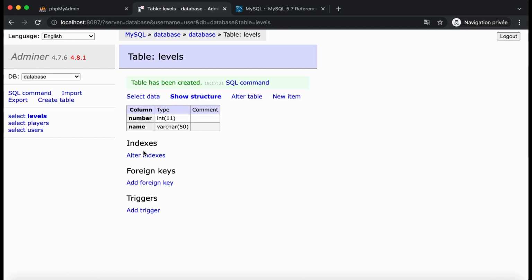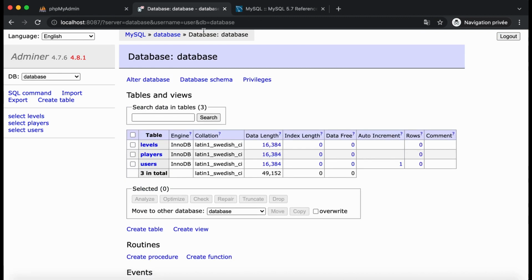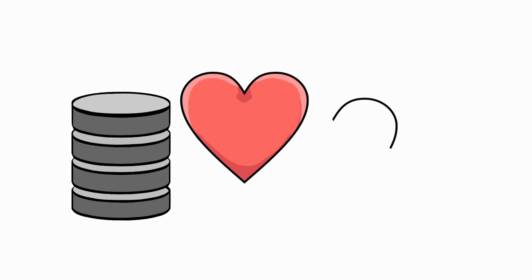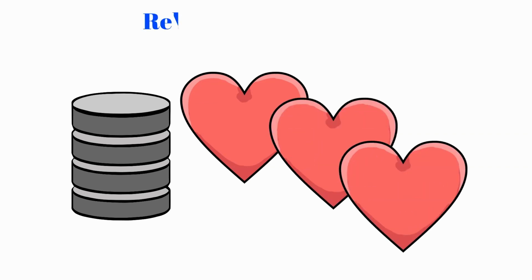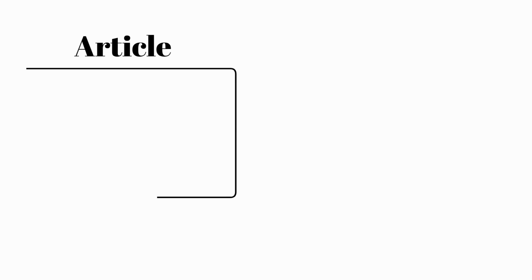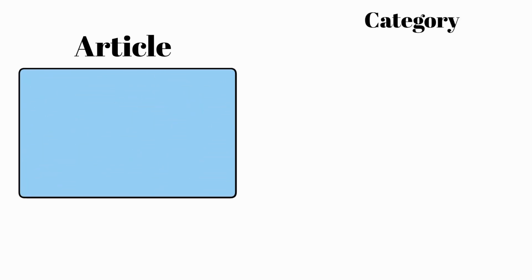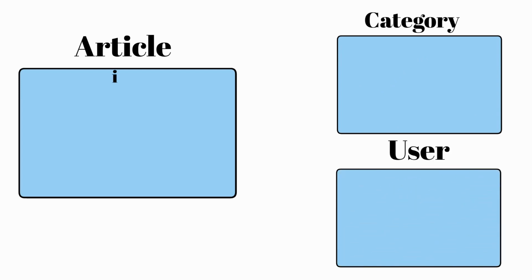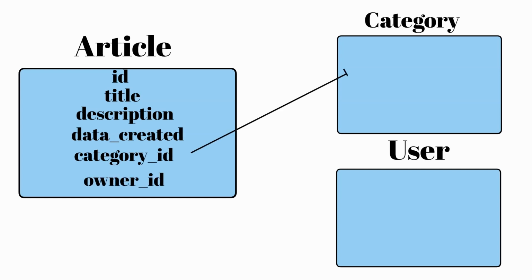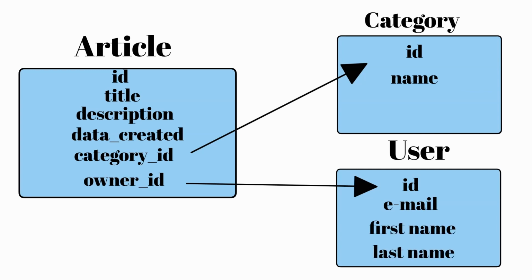All set and done. Now we need to understand how relations work in MySQL. We will focus on relational databases. A relation in the database is a connection between two tables by a foreign key, which is a connection to an ID in another table. For example, when we have a table article that has columns title, description, date created, owner, and category. In that scenario, owner and category are foreign keys. They are only a number that is the same as the number in column ID in table user for the owner case, and table category for the category case. That gives us access to much more information than only basic information, such as the owner's email address.